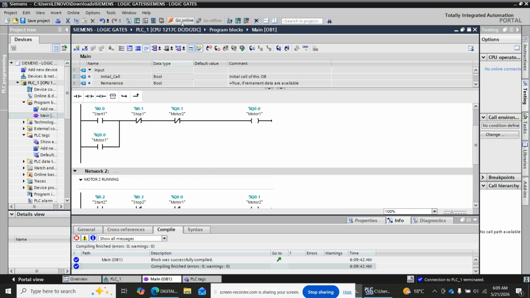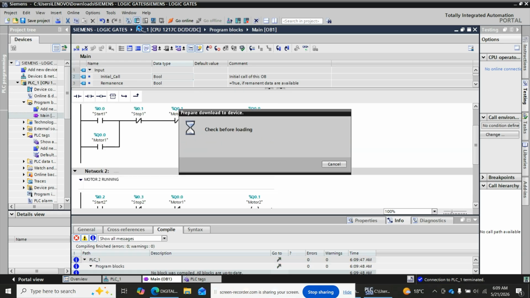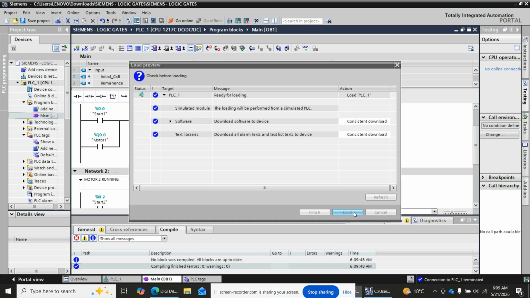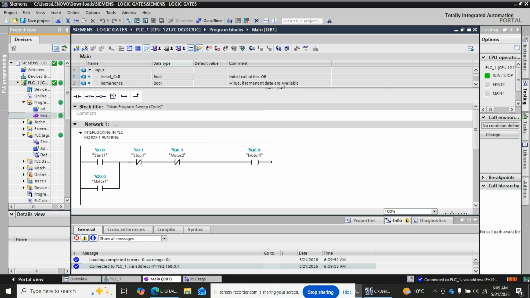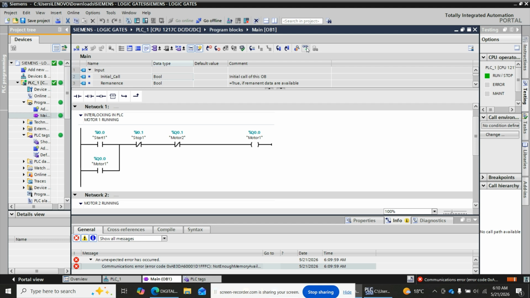Okay, and then let's say download it. Say load. Okay, then say go online. Say monitor. I don't know if it will. Okay, so the memory is depleted. So let me go offline,